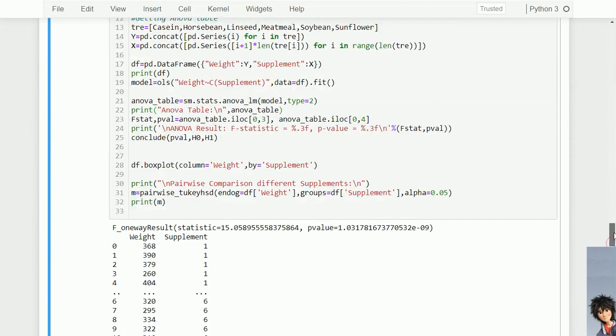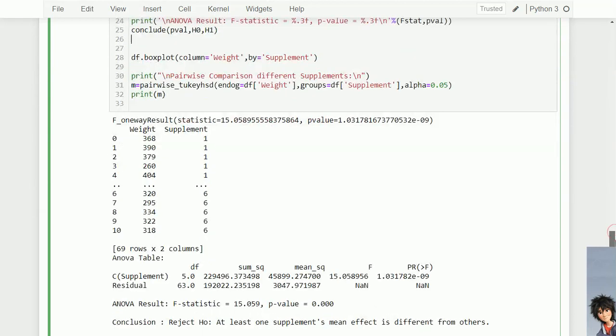As we have to write a conclusion here, our result F statistic and p-value are from the 0th row and third column, and the 0th row and fourth column. Print that ANOVA result, F statistic and p-value, and conclude. We have already defined everything in the earlier case. Now plot the box plot.